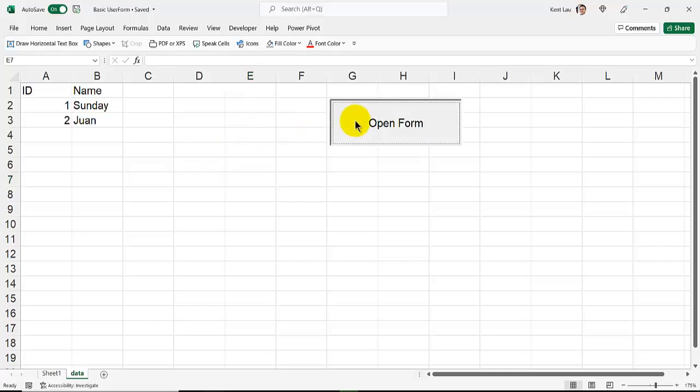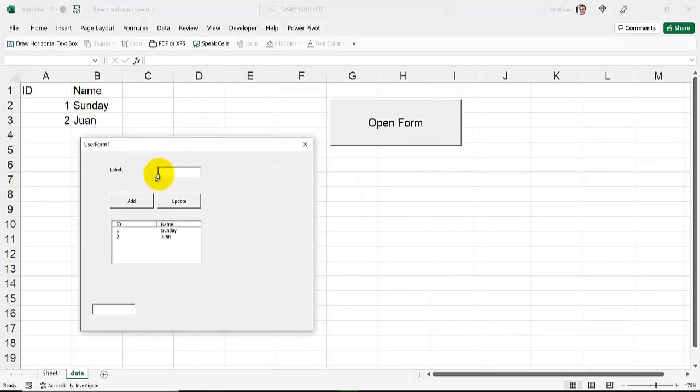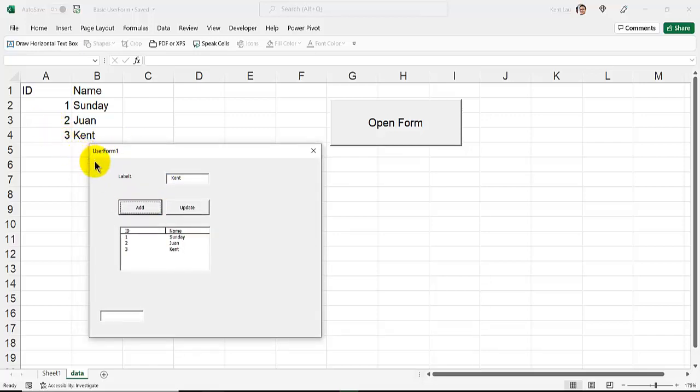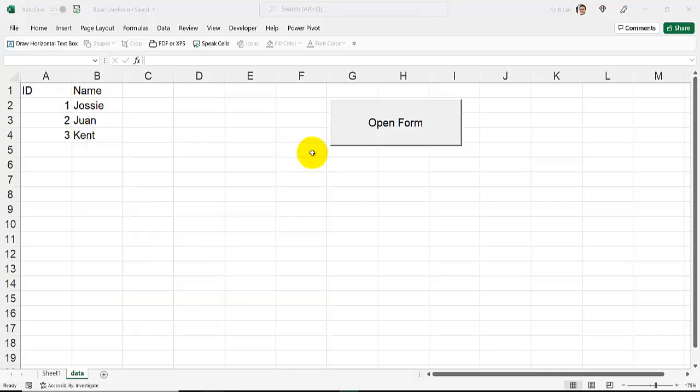Hi, in part 1, we learn how to add data. So let's say here, we click on add. So you see that it's added. And if I double click here, or maybe double click here, I can select the item and I change it to name. And I just change it, update, so you can see that it's now updated. Okay, so in